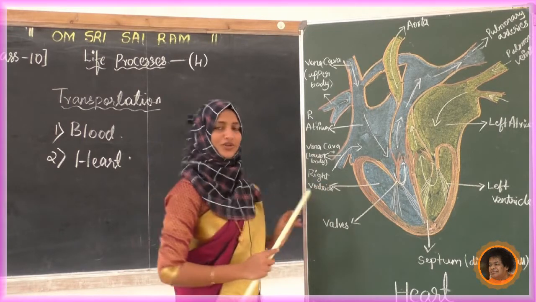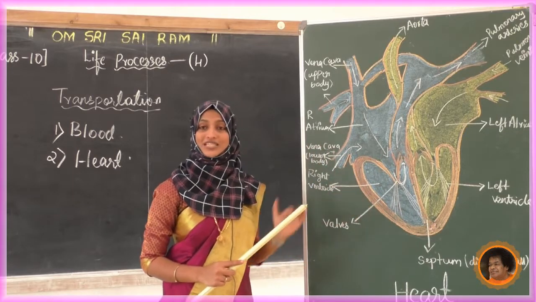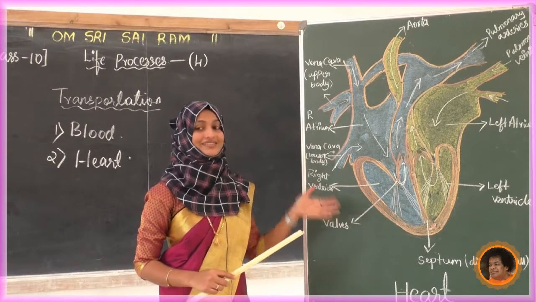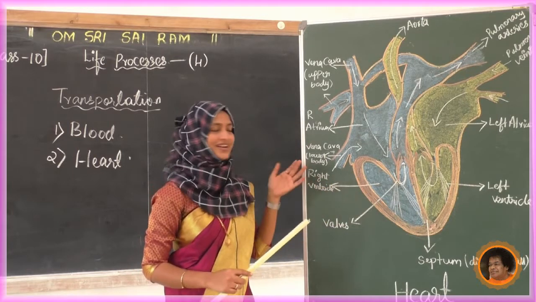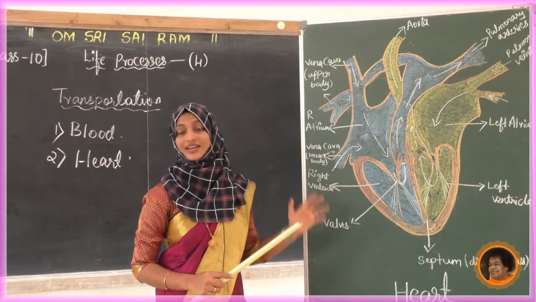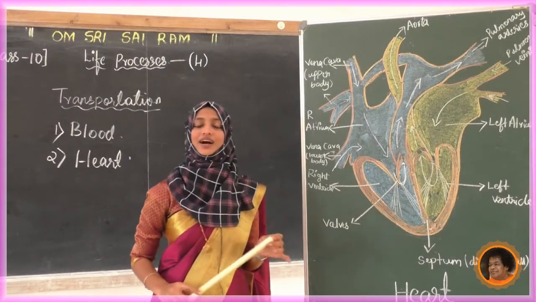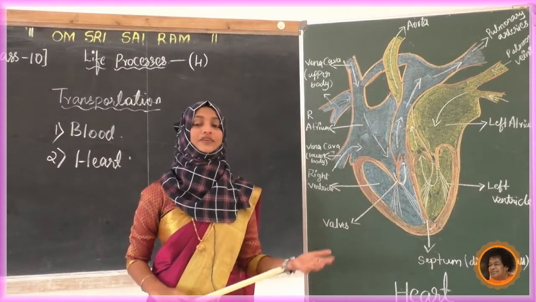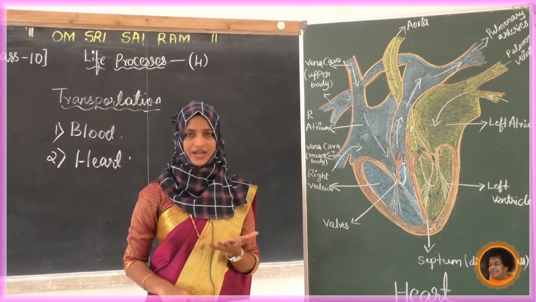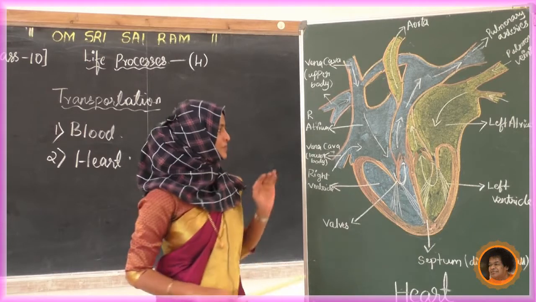Yes. Now one more question, what is this heart made of? Which type of cell is present in our heart? Yes, we know that is called cardiac cells or cardiac muscle. So in the heart we can see the cardiac muscle. We know it has a unique function, which we have discussed in the tissues chapter. Yes.